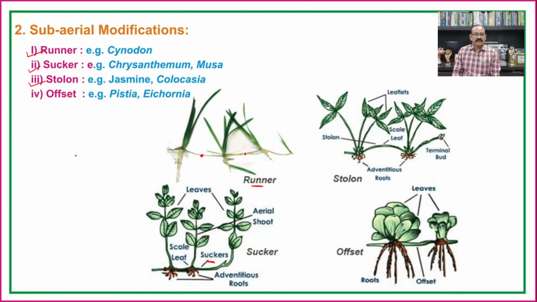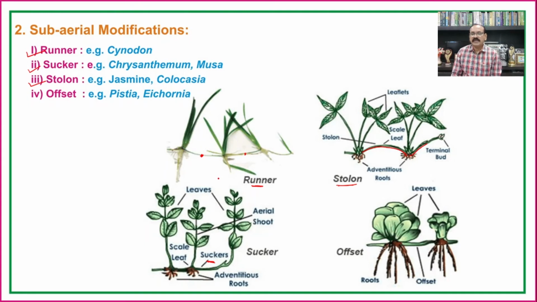Then the next one is a stolon. It is a weak lateral branch that arises from the base of the main stem. After growing aerially for some time, it bends downwards to touch the ground. Here we are able to see that this branch later on again touches the ground, and because of that,